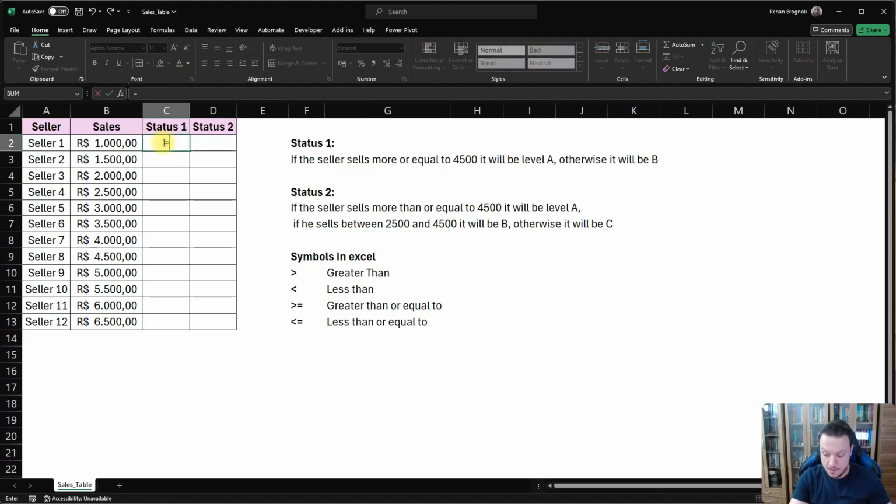Equal if. The if function requests three arguments: the logical test, a value if the logical test is true, and a value if the logical test is false. So what is our logical test? If the seller sells more or equal to 4,500. So if,